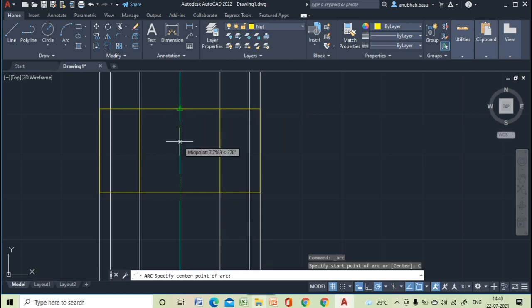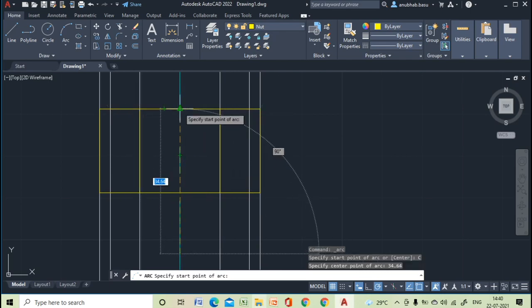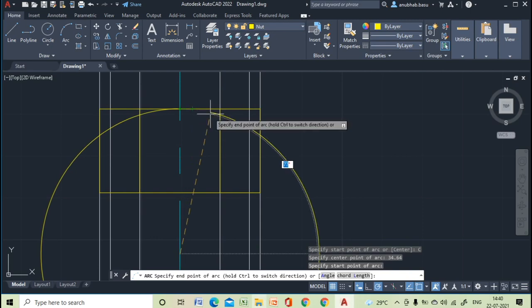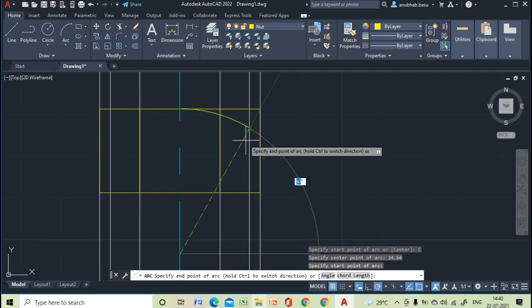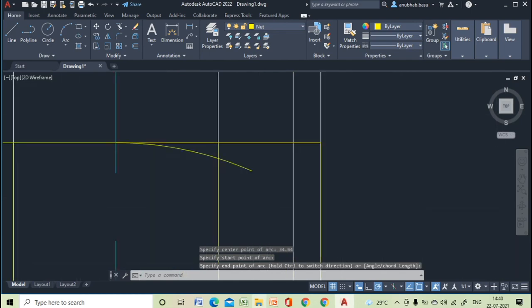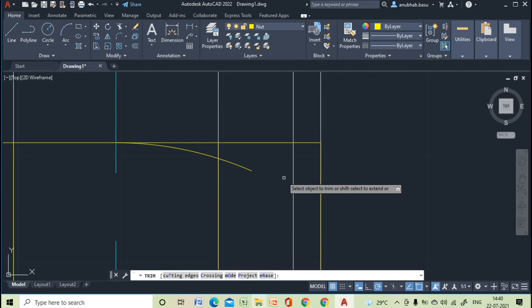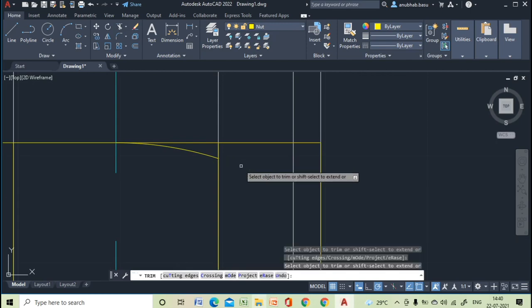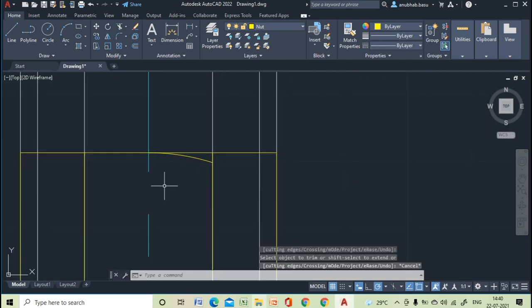The radius distance was 34.64. This is the starting point, and this is one half of the arc. Now we can trim this part. So we have got this half portion of the arc.